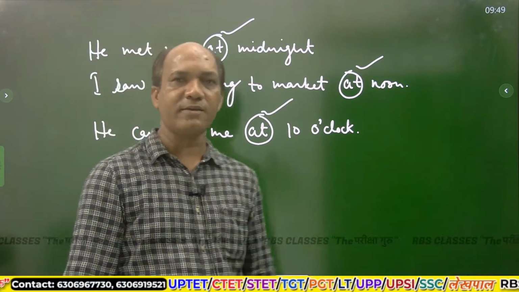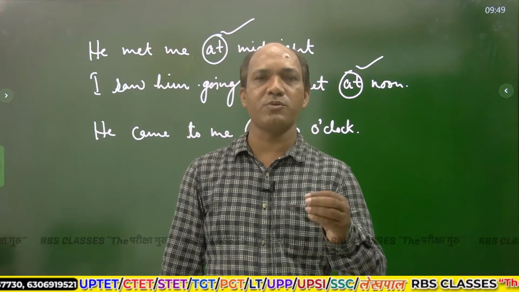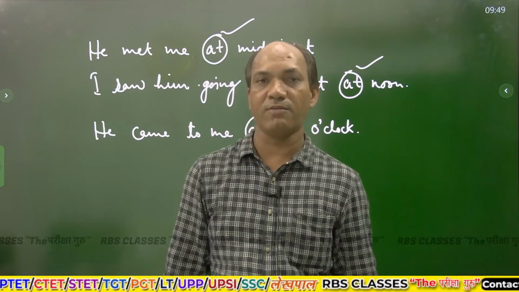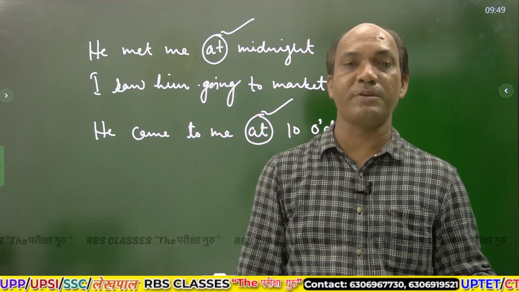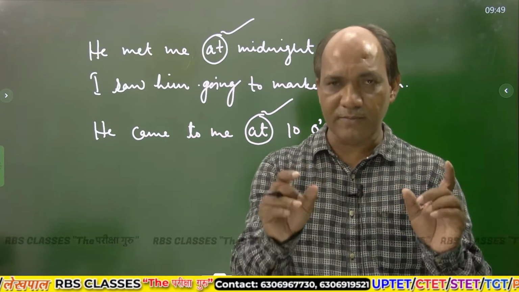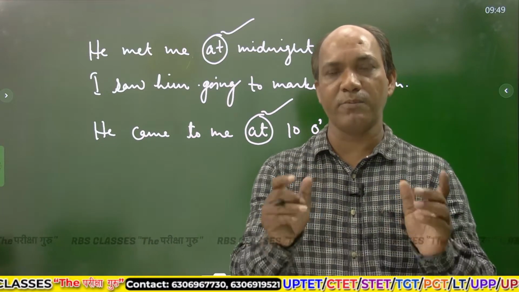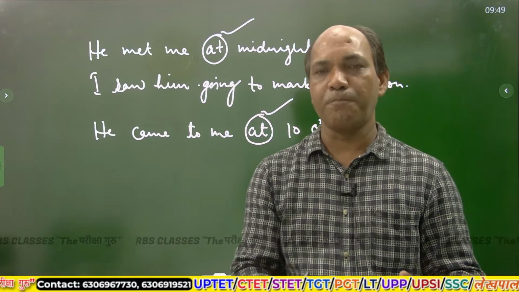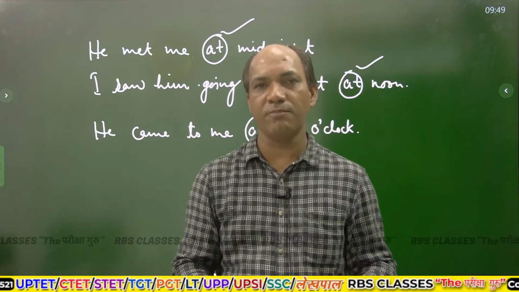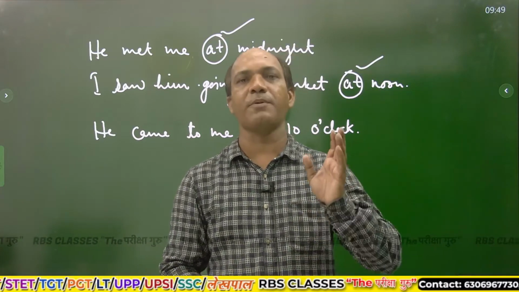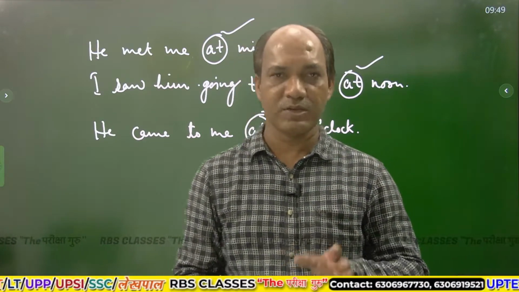Wherever you find a duration of time, you have to use in, means where you find the concept of from and to, from 10 to 11, from 10 to 12. That very particular period of time will be called a particular duration and you have to use in with that. उसके साथ in का प्रयोग आपको करना है। ठीक है,